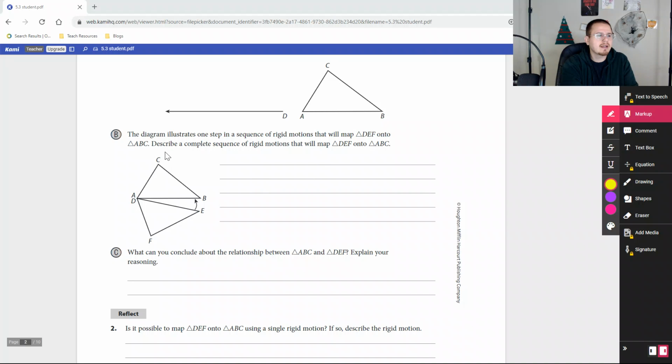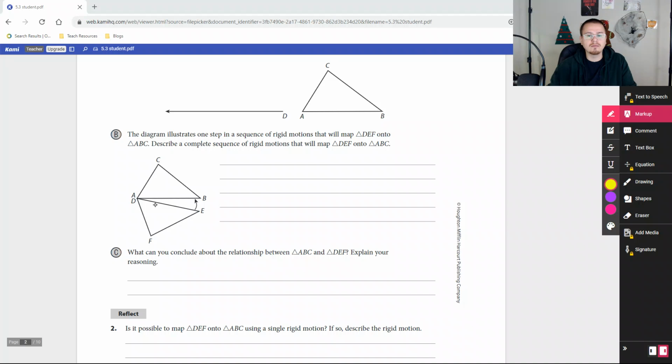So this diagram illustrates one step in a sequence of rigid motions that's going to map triangle DEF to ABC. Describe the sequence. So you could translate DEF so that point D maps to point A, then rotate DEF 180 degrees counterclockwise about point A. Point E will map to point B, and then DE will be equal to AB. So then if you take a look at what that would look like,